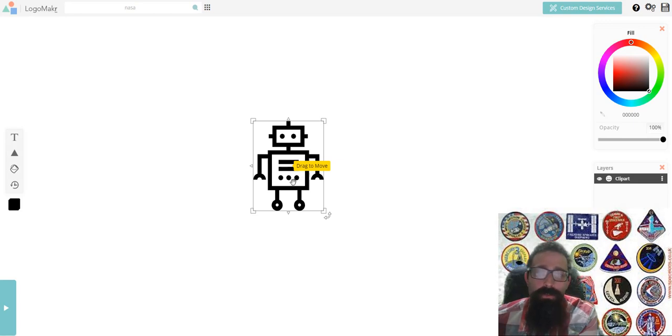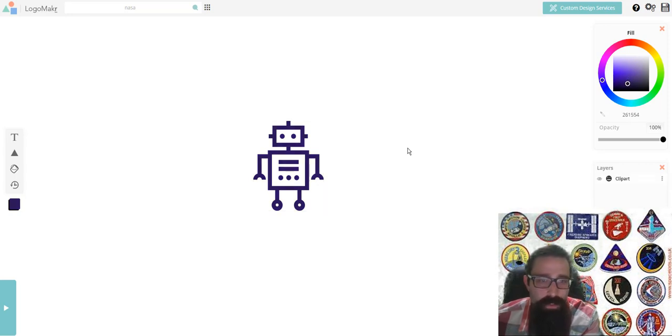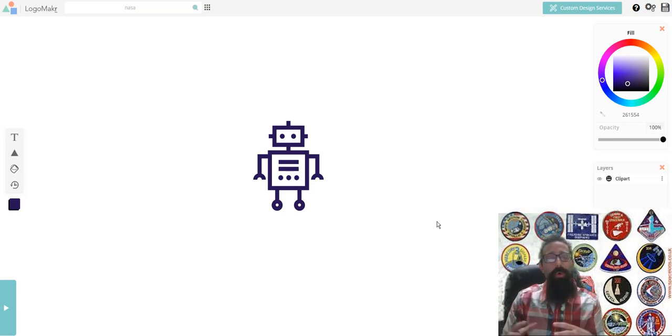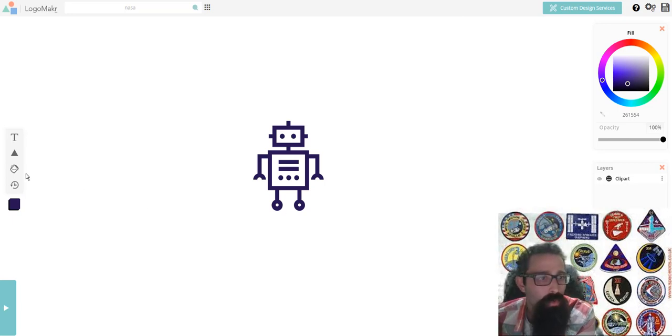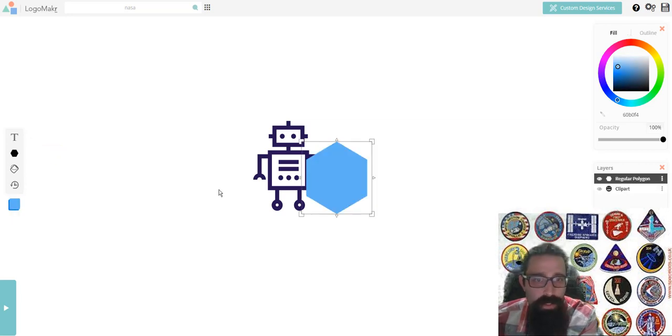So now I want to spend time maybe changing or adjusting colors. So maybe my guy is going to be this and a little bit darker. So I have an image to start. Now, with what we learned from mission patches, they might have designs or shapes that represent the outside of the mission patch. So we should be thinking about shapes that we could either make or that we might be able to use. I think I'll use